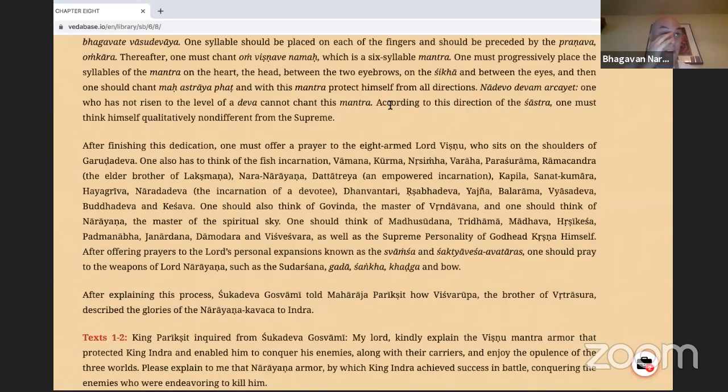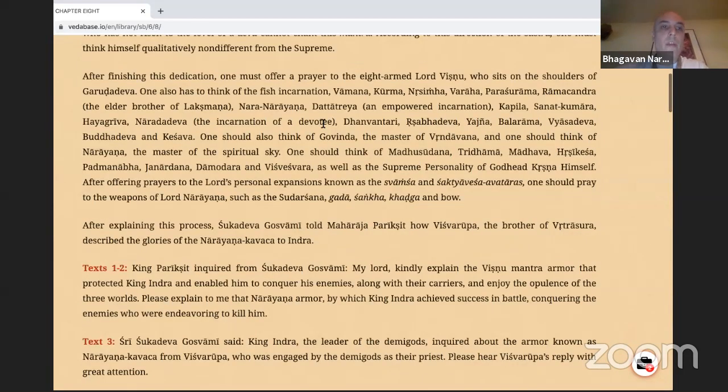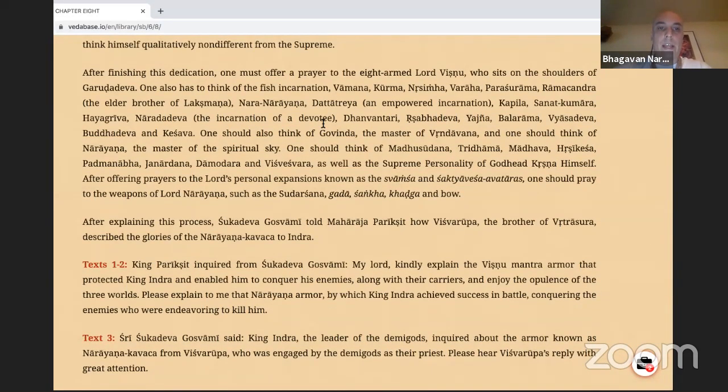So these are some of the things that we have to do in order to prepare when we're chanting these mantras, but we're just reading. We should receive the same benefit. After finishing this dedication, one must offer a prayer to the 8-armed Lord Vishnu, who sits on the shoulders of Garuda Dev. One also has to think of the fish incarnation, Vamana, Kurma, Nrsimha, Varaha, Parashuram, Ramachandra, the elder brother